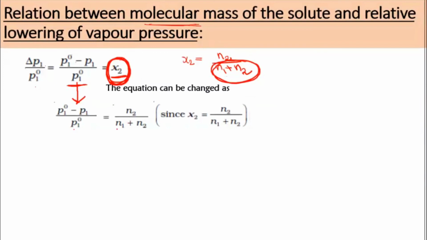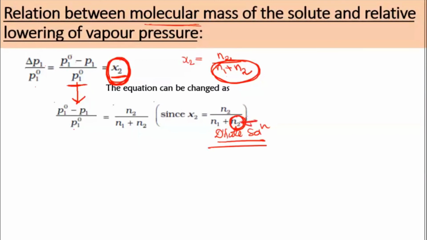Now, this colligative property we are calculating for which type of solution? I said dilute solution, correct? I told you this calculation is done for dilute solutions. So when you are taking a dilute solution, the number of moles of solute particles in the whole solution is going to be very, very less. They are very few compared to the number of moles of the solvent. So when they are very less, you can ignore this.